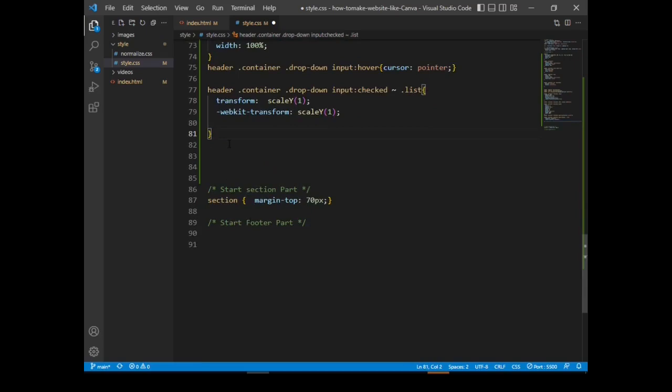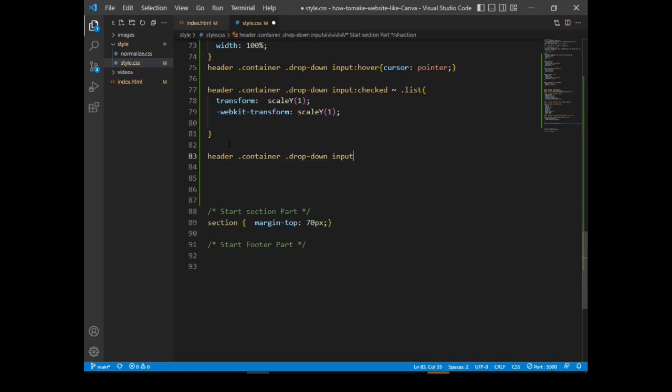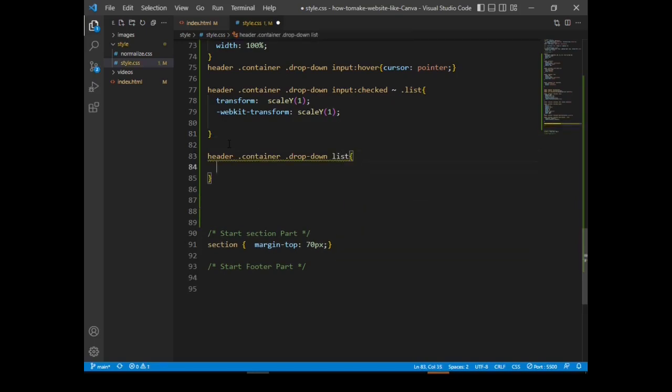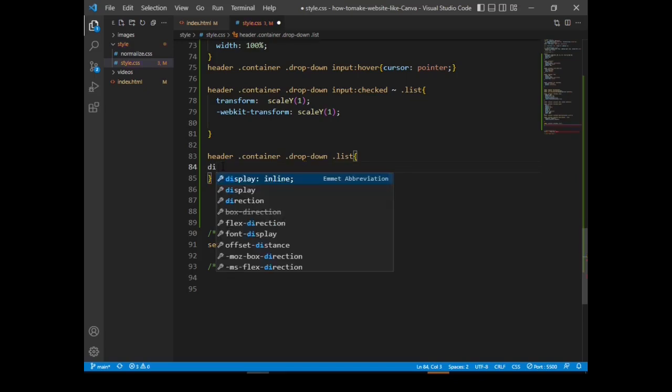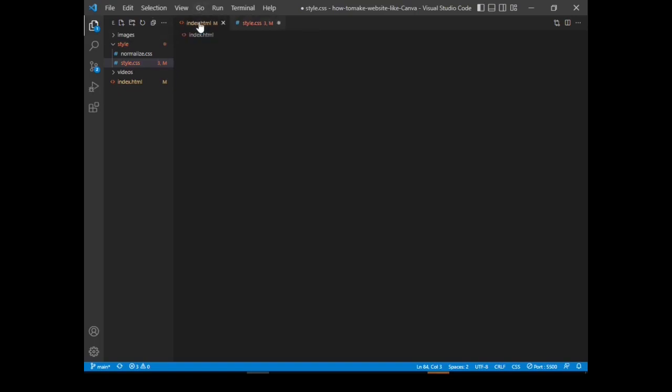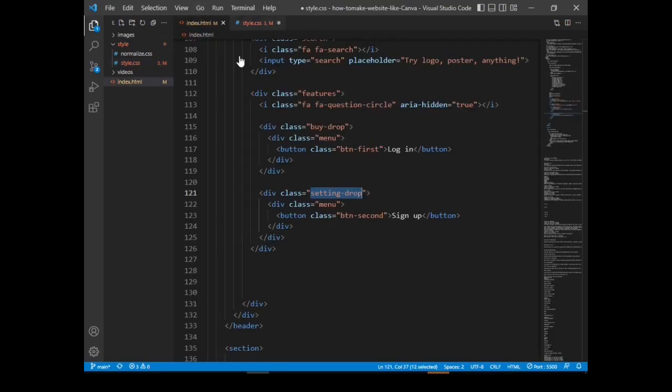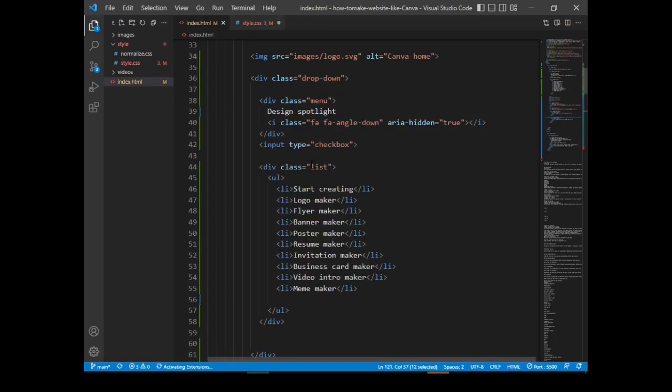Now let me go on to the listing, not the input, the listings. Okay, the class name list. If you look through, there you can see this is our class name list.